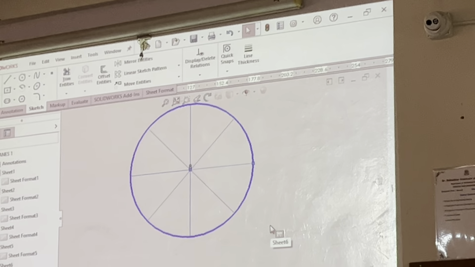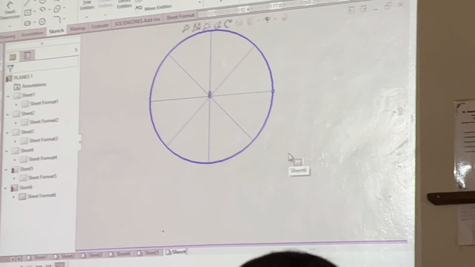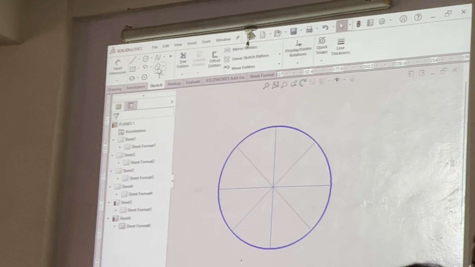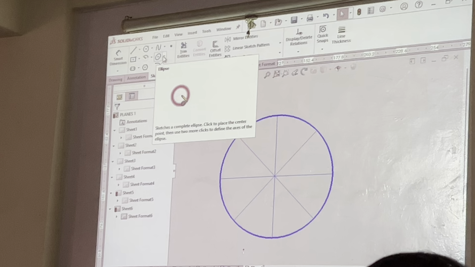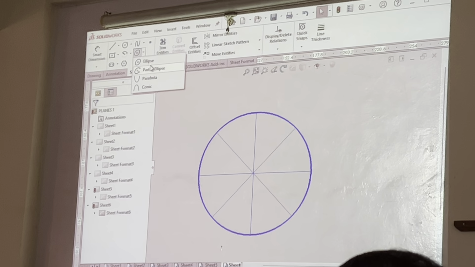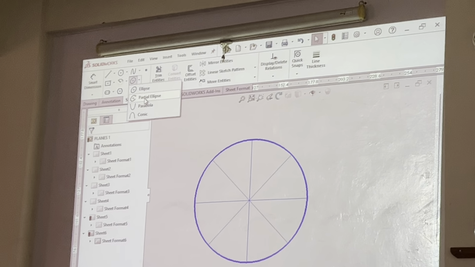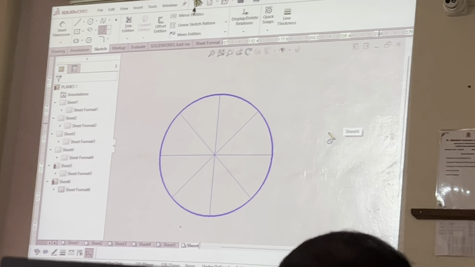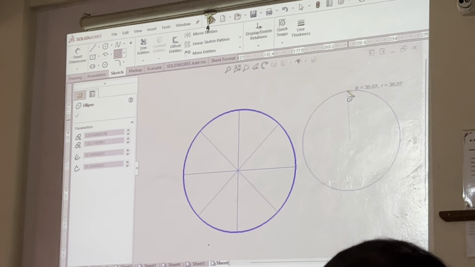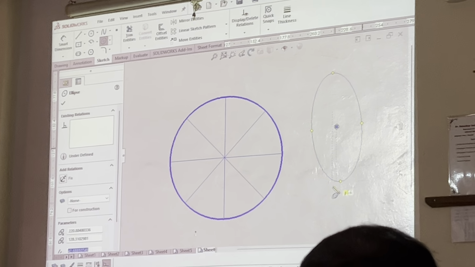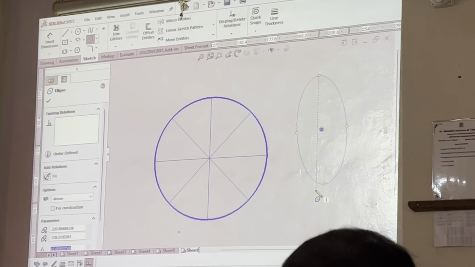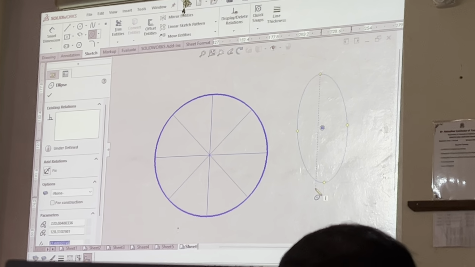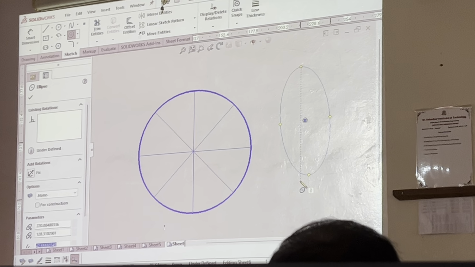So we are utilizing the software to make our work easy, right? So we should find the ellipse option. Can you see an ellipse option? In ellipse you have different parabola, partial ellipse. I want ellipse. See, ellipse by 3-point method. Center, major axis, minor axis. You directly have an ellipse. So I'll show it to you when it is required in the second position. Now I'll directly go to the